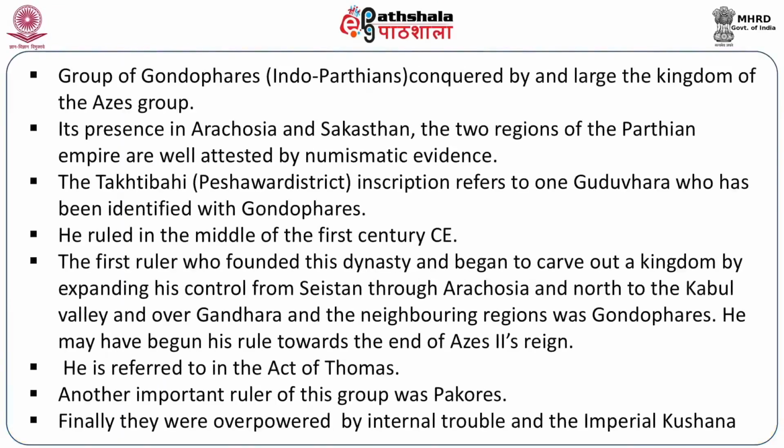The story goes that Gondophares wanted to build a palace, and he asked his Raja Sreshti, whose name was Habban, to get him a carpenter. So Saint Thomas came to the court of Gondophares disguised as a carpenter in order to propagate Christianity. Therefore, the story of Saint Thomas coming to the northwestern part of the Indian subcontinent is referred to in the Acts of Thomas. Gondophares was succeeded by a series of rulers, of whom we have the names of Orthagnes, Pacorus, Sasan and others.